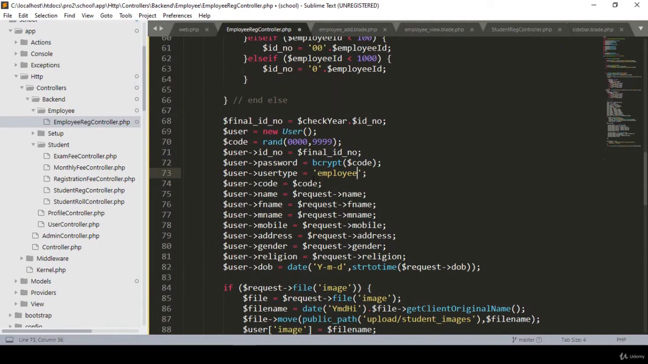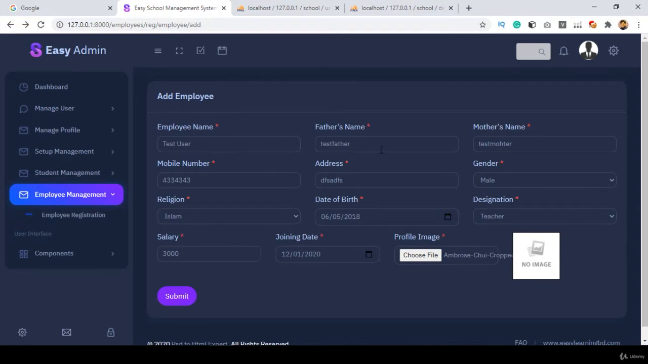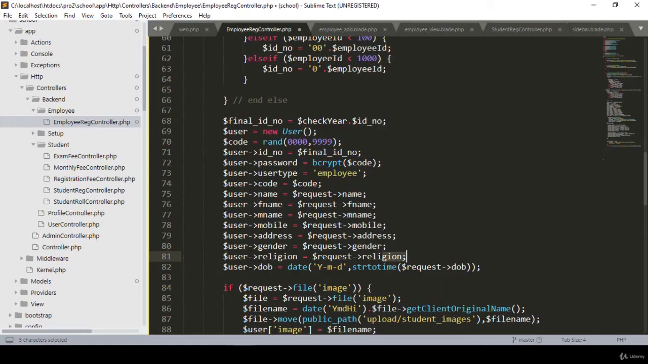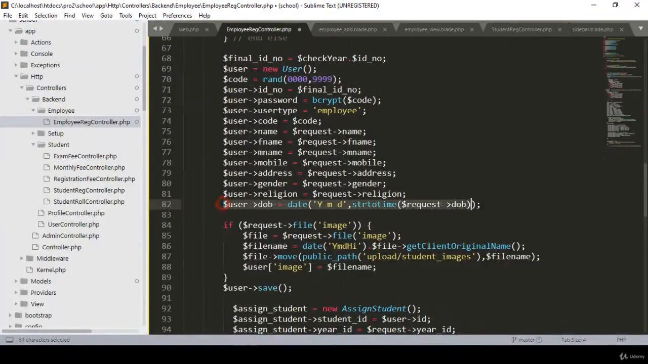Okay. And then our code will be generated, name field, and then the mother's name, father's name, the mobile number, address, the gender, then religion, right? That means for every field, if you go back, there is our employee name, father's name, mother's name, and then the mobile number, address, gender, religion, date of birth. So our date of birth is also here, right? So a date of birth will be needed,